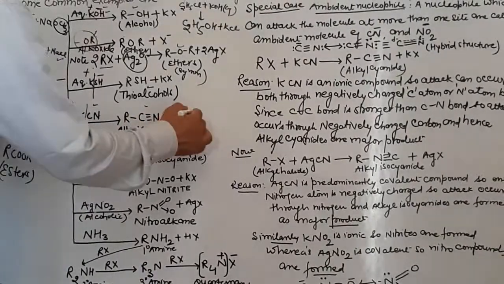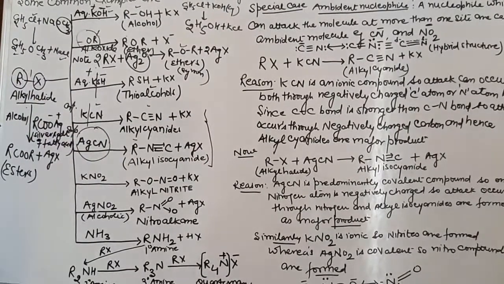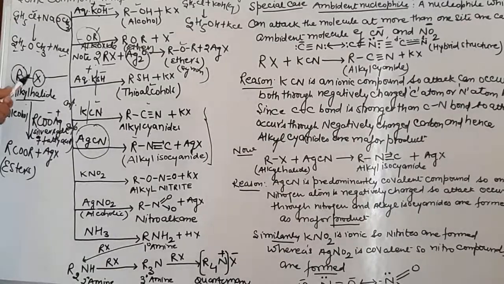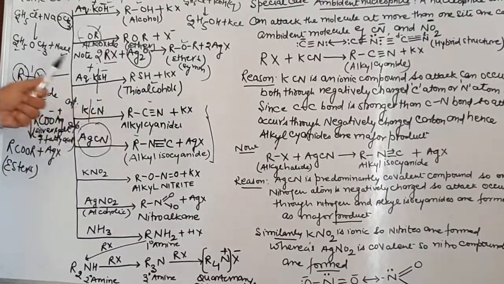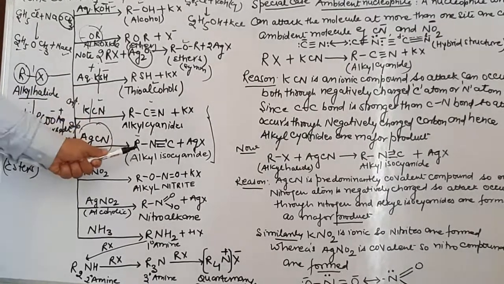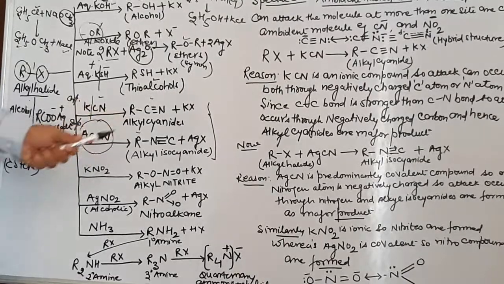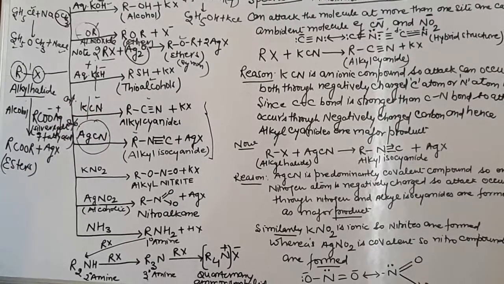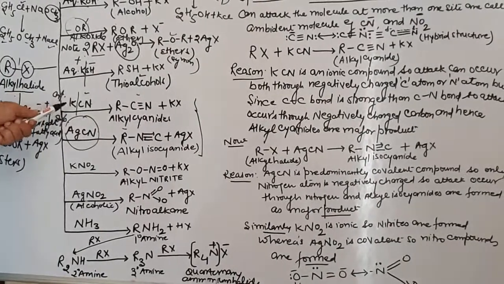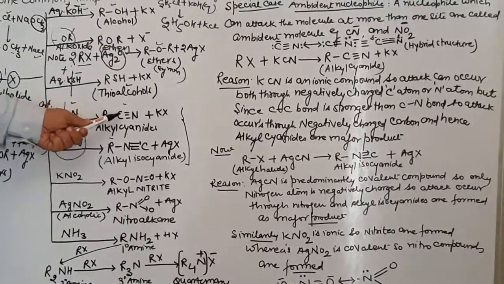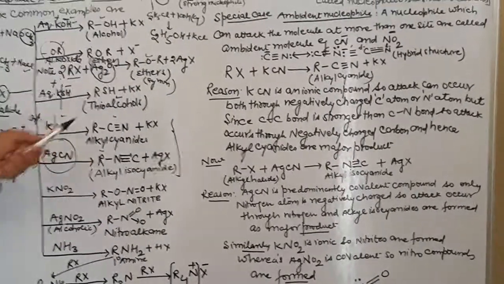This is one of the very important questions which will be asked in the board examination. But before I discuss that, you just understand over here that haloalkanes are converted into cyanides. Haloalkanes are converted into isocyanide. So this becomes a method of preparation of cyanide and isocyanide. Now in the board examination, the question will be asked: explain or give reason why with potassium cyanide, cyanides are obtained, while with silver cyanide, alkyl isocyanide is obtained.